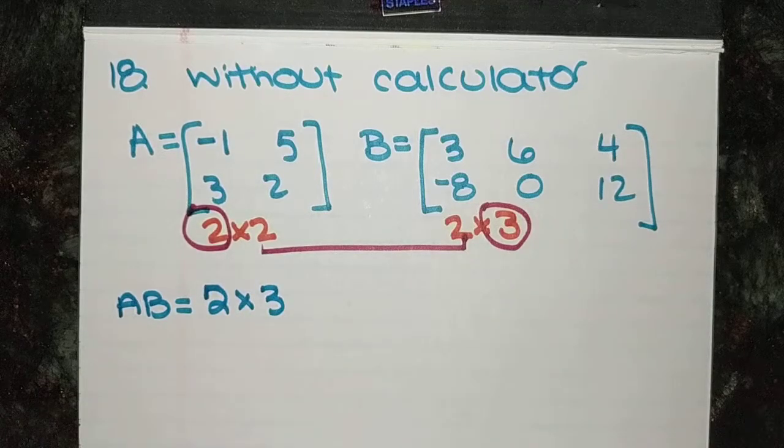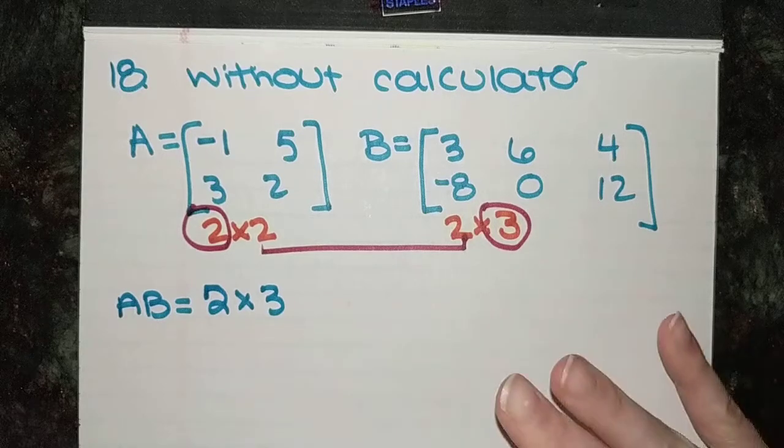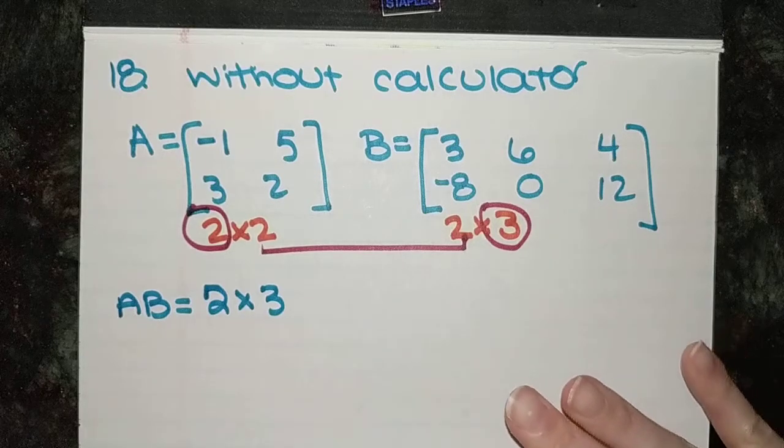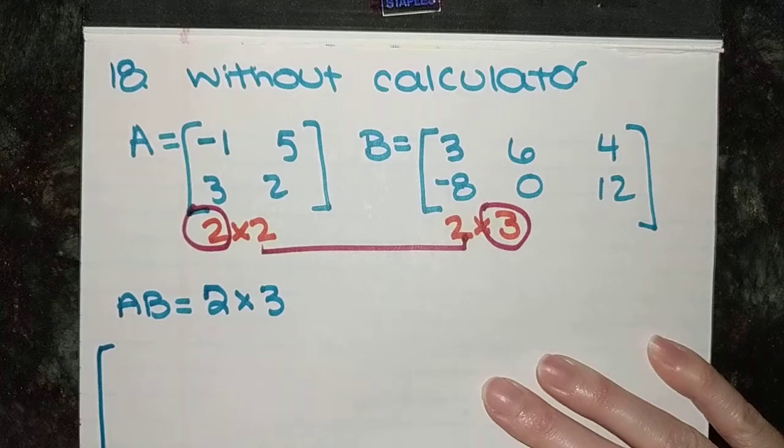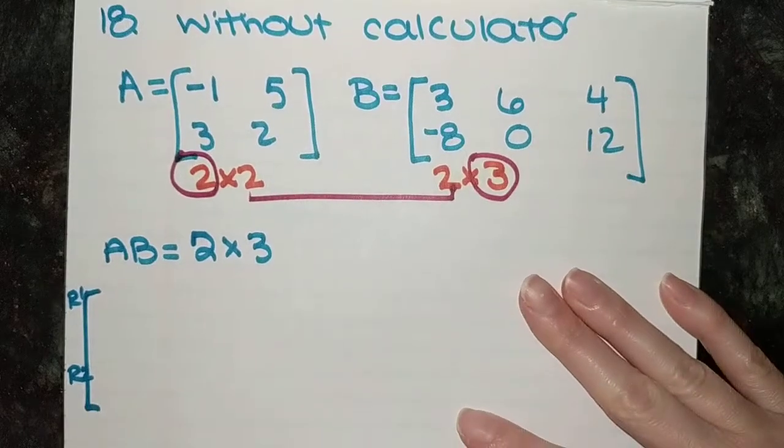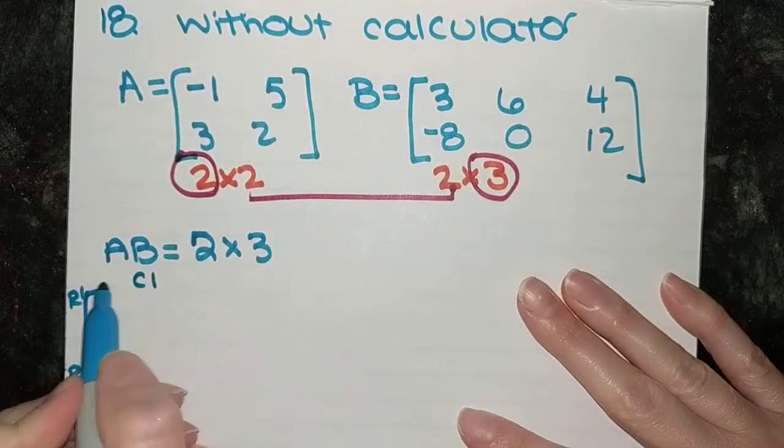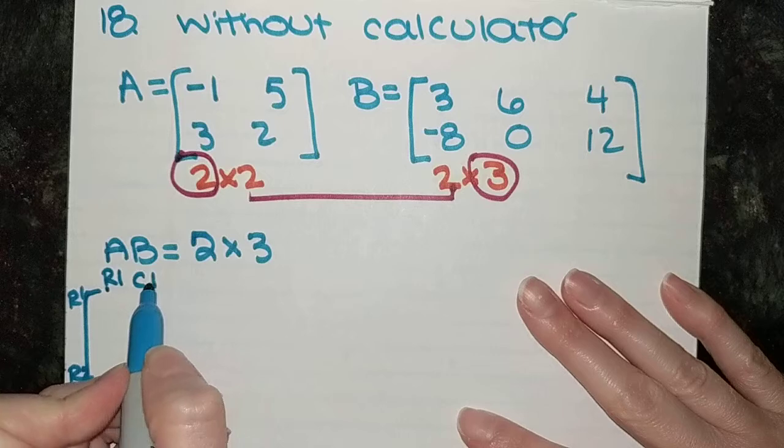Now, to determine what that matrix is, again, it's very important that we can do this without a calculator. So what we're going to do is we're going to have 2 rows. So you're going to have row 1, row 2, and then you're going to have 3 columns. Now, for the first column, what you're going to do is you're going to take row 1, column 1, and